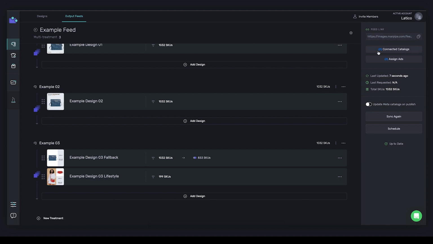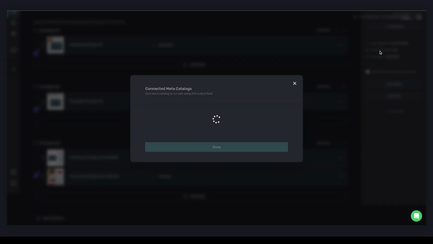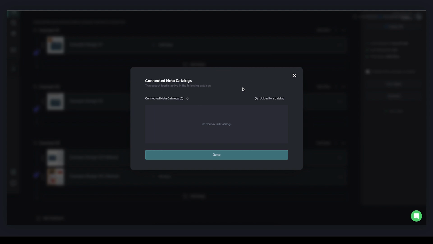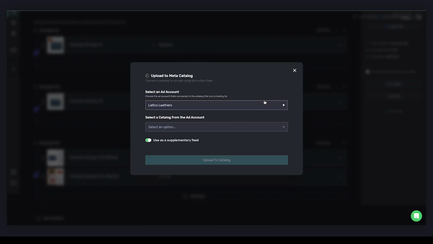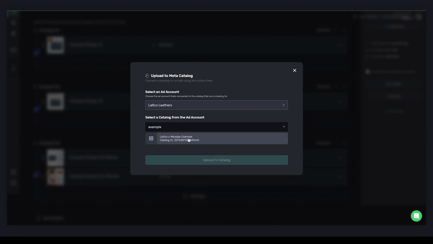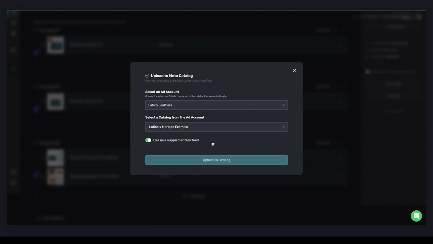and we could put that into our catalog in Commerce Manager manually. But we could also just click connected catalogs here, and after signing into Facebook, we'd pull up all the different catalogs we have access to. Once you've signed into Facebook and this pop-up loads, click upload to a catalog. From there, you'll select your business account, and then the catalog that you intend to use. In most cases, you want to pick the BAU catalog that you've been using, and you want to have the toggle